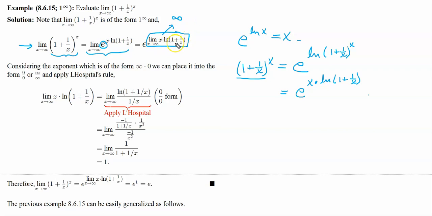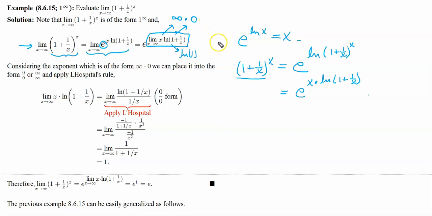And as x approaches infinity, the ln of 1 plus 1 over x is approaching the natural log of 1, but the natural log of 1 is 0. So we see that the natural log term is approaching 0. So you see we have a limit of the form infinity times 0, which we know is an indeterminate form